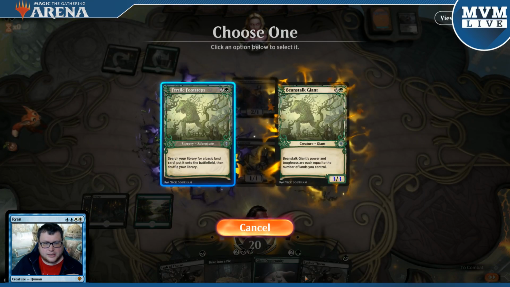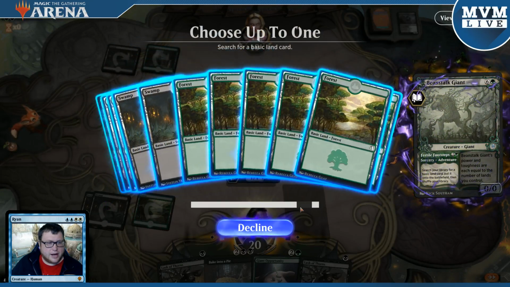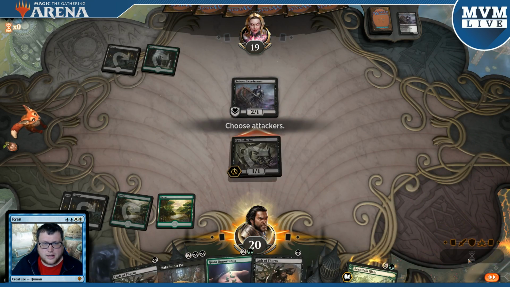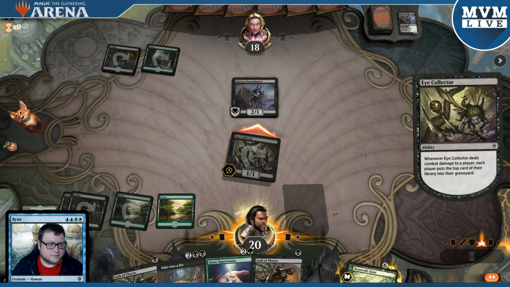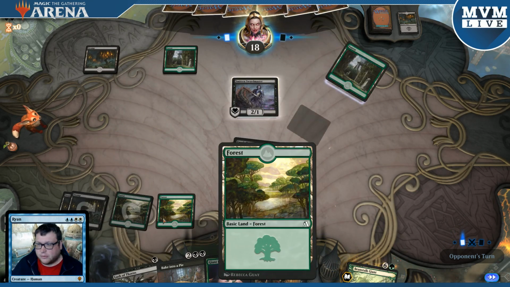Yeah, let's do this so that I can get that Bake into a Pie ready to go. I've got 2 swamps. Let's get into a forest. And I gotta be careful with the Eye Collector. I don't want to accidentally get rid of my Wicked Wolf, but